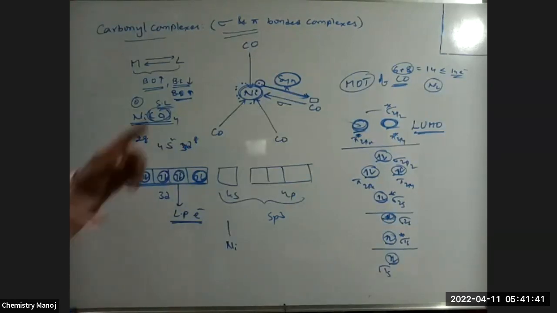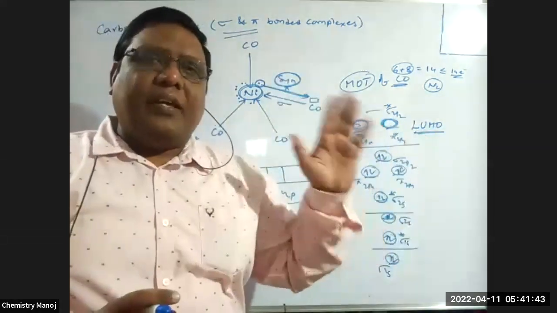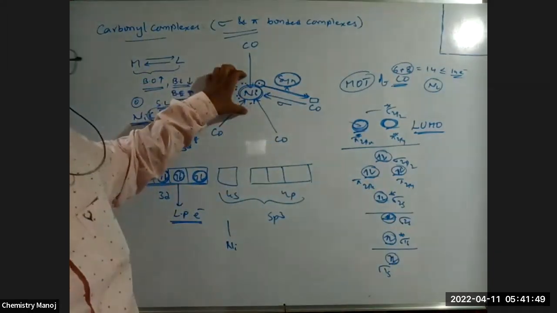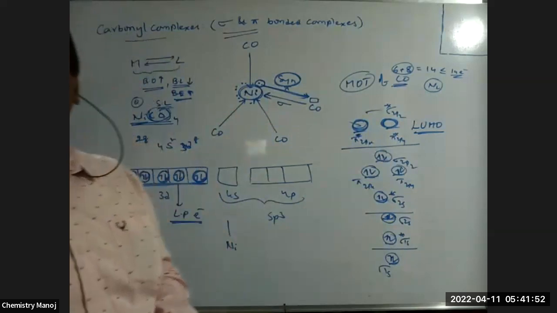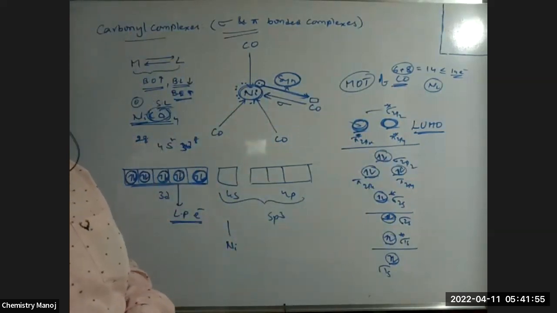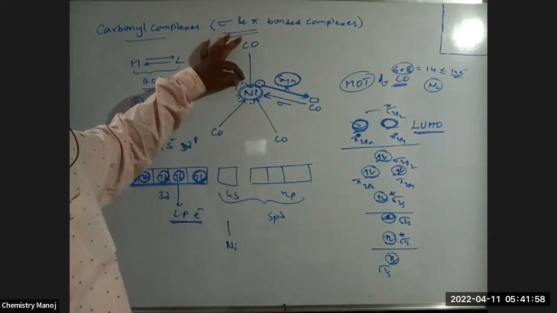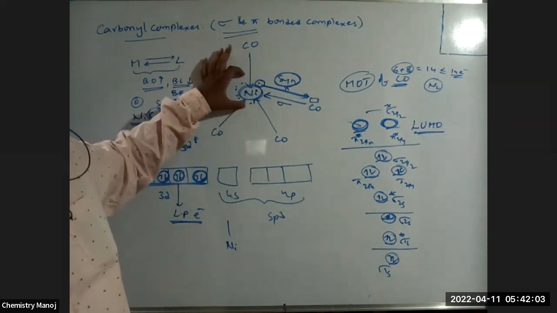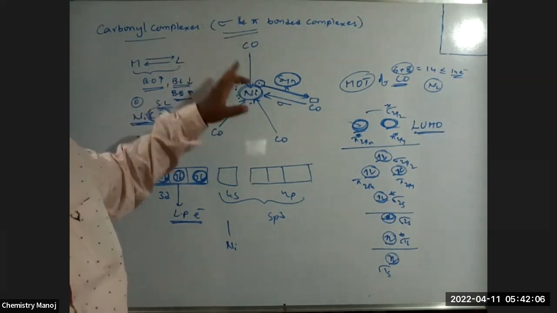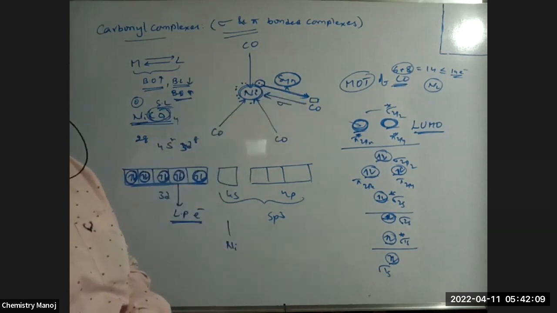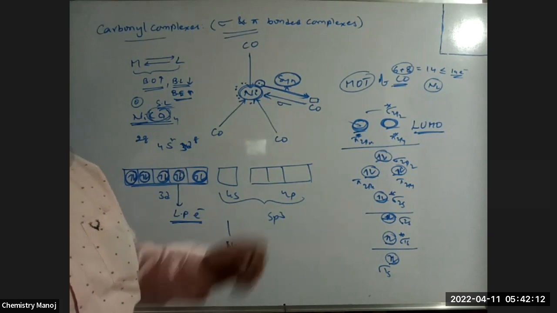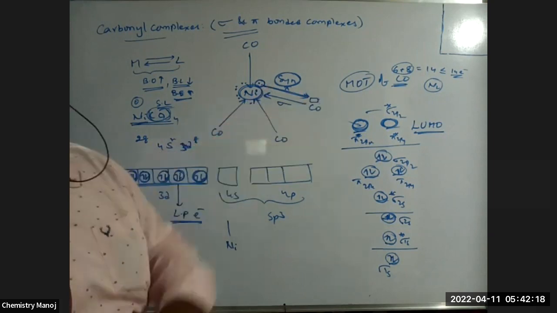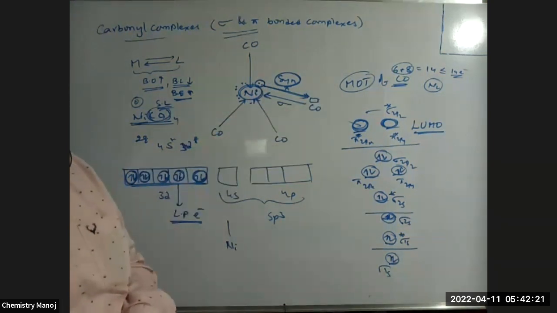That means as synergic bond strength increases, it is easy to form. If the number of lone pairs at the metal is more, repulsions are more, so back bond formation is more. Correct or wrong? If the number of lone pairs in the metal is more, repulsion between those lone pairs is more. Because of lone pair repulsion, back bond formation is easier. As the number of lone pairs at the metal increases, the synergic bond is easy to form. Correct or wrong? Correct, sir.